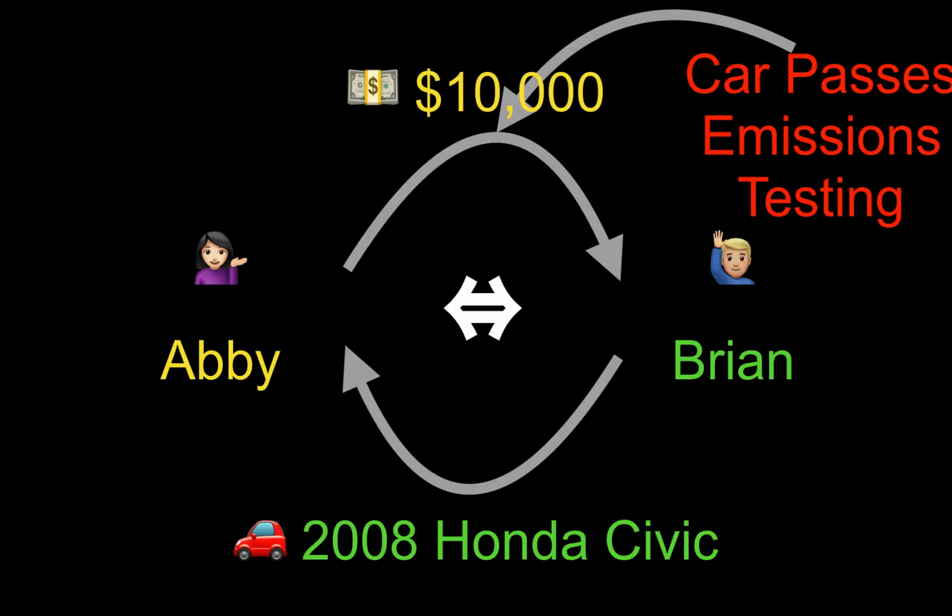Let's draw it out. On the left, we have Abby, our offeror or promisor, who is offering $10,000 to Brian in exchange for his 2008 Honda Civic. But now we also include a condition that the car must pass emissions testing. If the car does not pass emissions testing, Abby is not going to be obligated to pay the $10,000 to